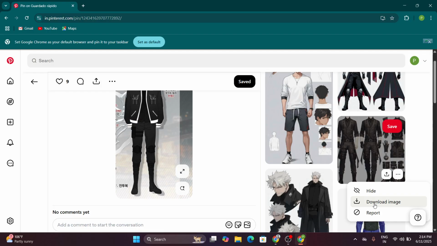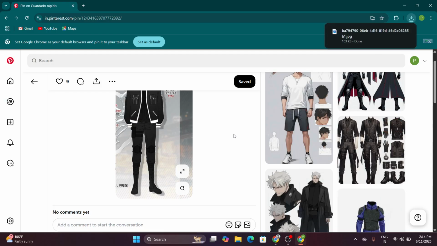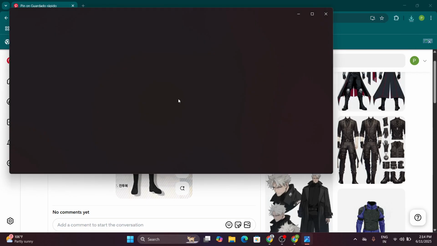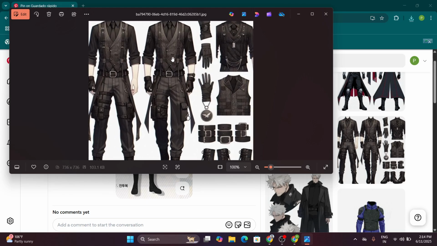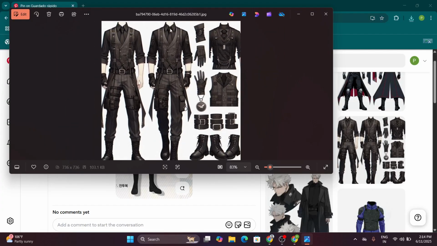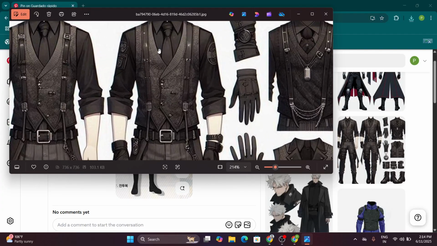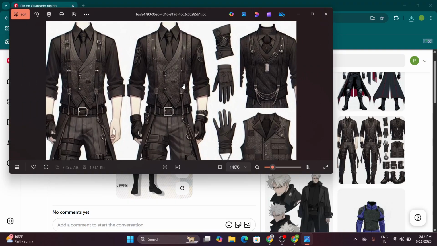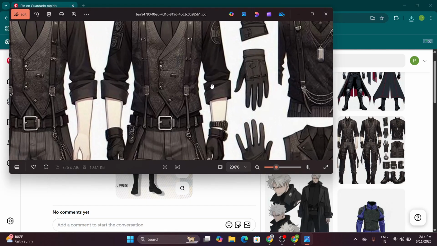Let me download this, and we have finally downloaded this image, which is our cloth. Do you like it? We are going to create this awesome clothes from scratch,